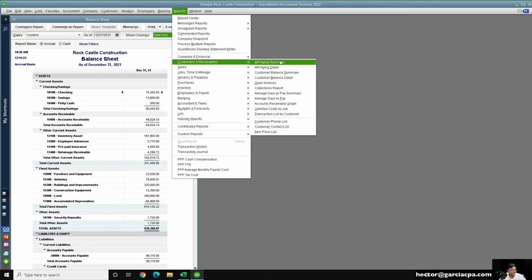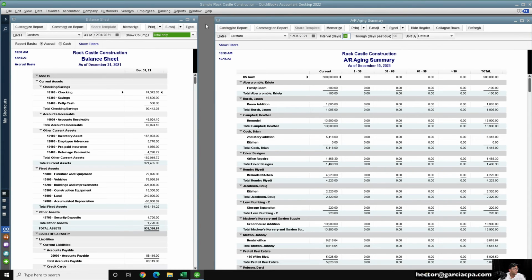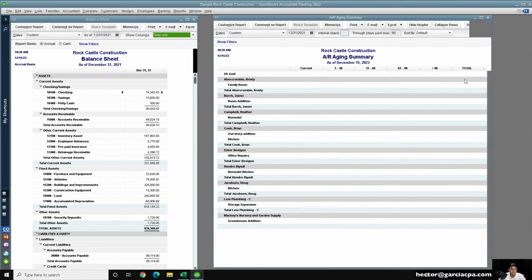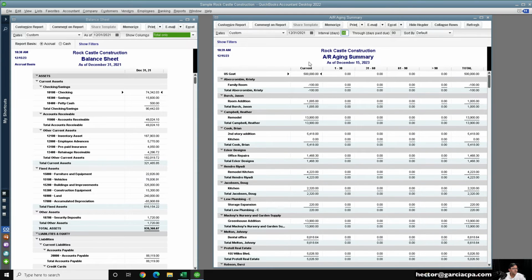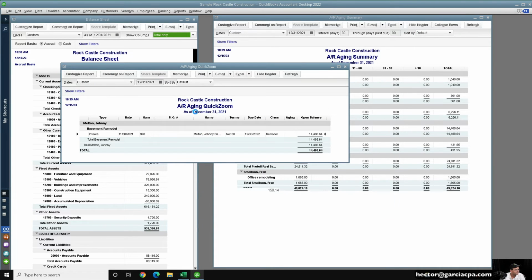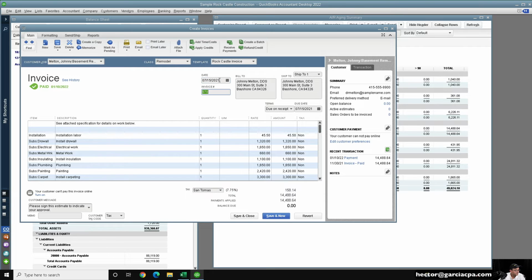We're going to go into an AR aging summary, and then we're going to go to 12/31/2021, which is the one that we're writing off. And then we're going to go through and take a look at which ARs are problematic or potentially problematic. So typically, when we do something like this, we're going to be focused on invoices that are old, that are not current. So right now, none of them are showing current. What I'm going to do is I'm going to grab one of them and modify the terms. I'm going to put that to due on receipt, and then maybe bring this back to July 15th, 2021,